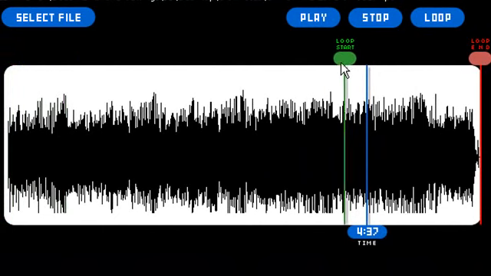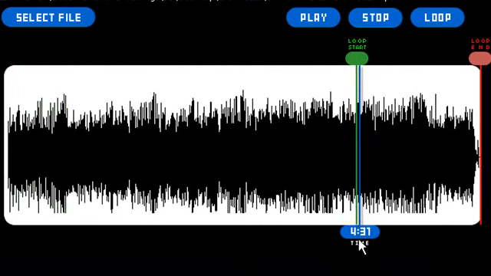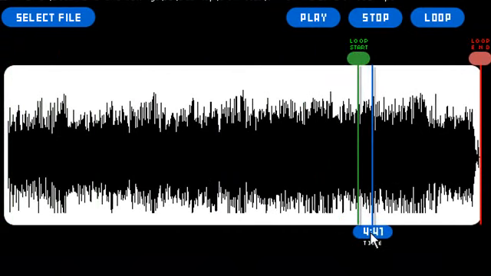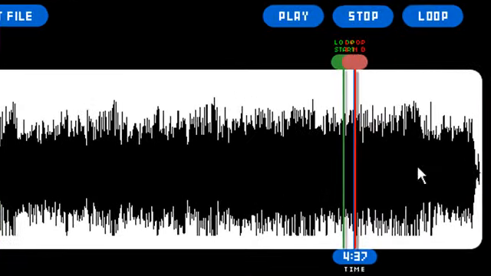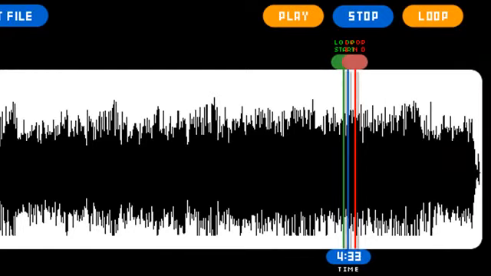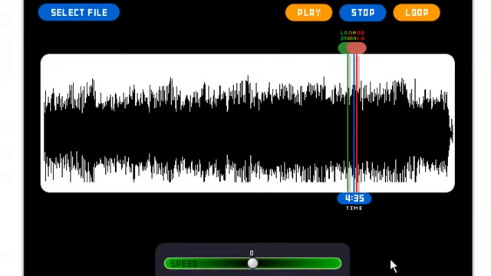So I'm going to put the loop start point at around 4:30. About there. And then I'm going to put the end point at about 4:37, just after. There we go. So now if we hit the loop button and then press play, it'll play in that loop. Which is really useful. And now we can take the track and slow it down. So we can take the speed fader, pull that to the left,